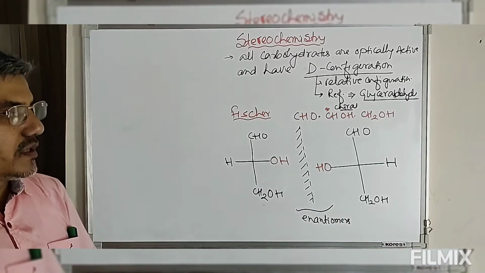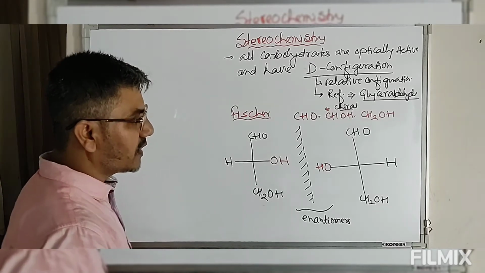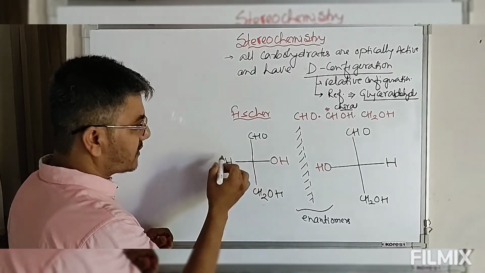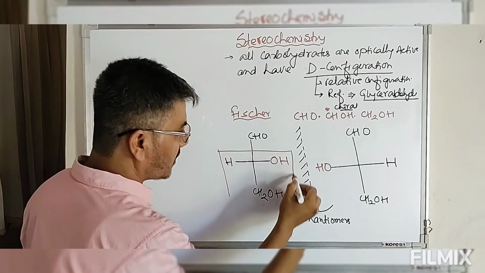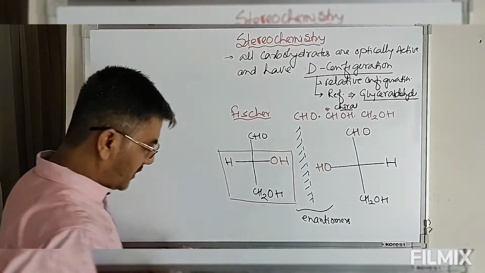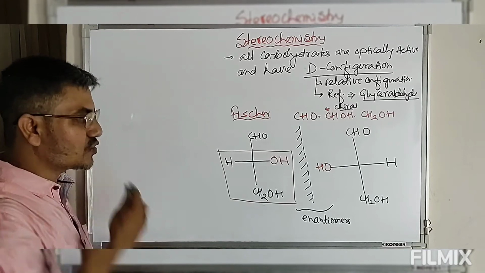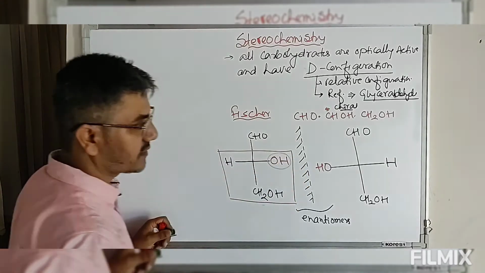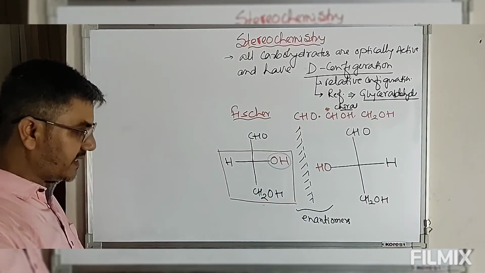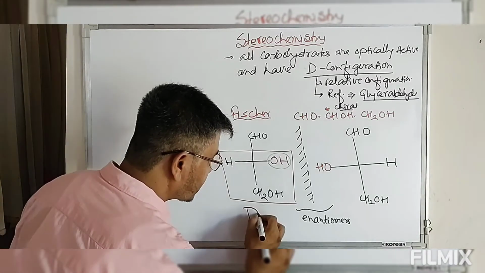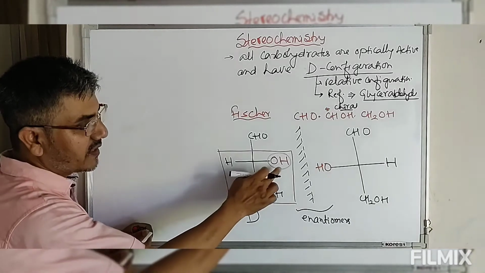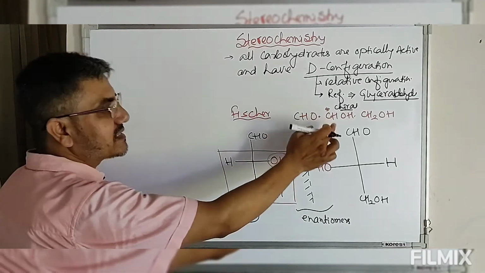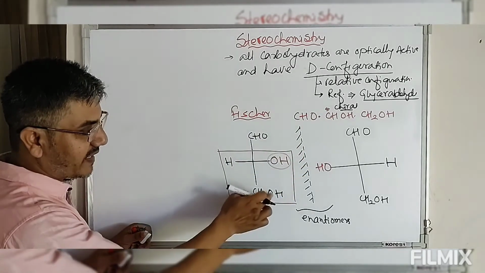So in this first one, the OH group is on the right hand side. Look at this: in this particular configuration, at the chiral center, the OH group is on the right hand side. So the isomer in which the OH group is on the right hand side is arbitrarily assigned as the capital D form. This capital D has something to do with the placement of OH. If the OH is on the right hand side of this glyceraldehyde molecule, then this isomer is known as D